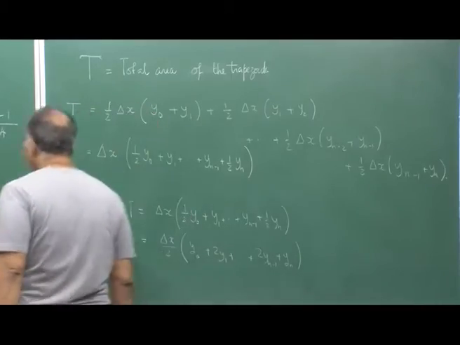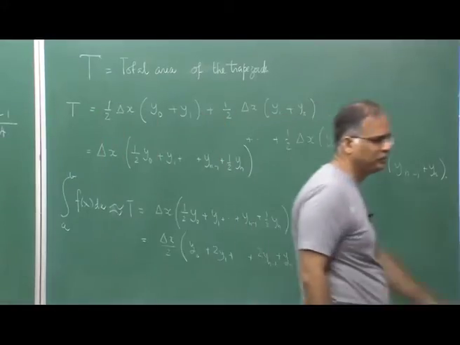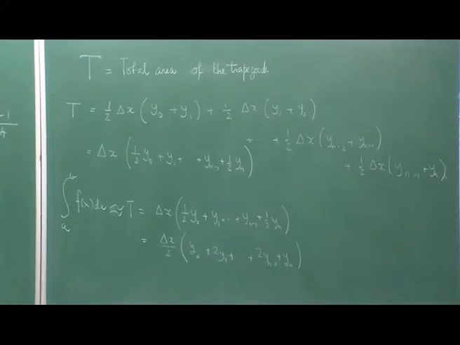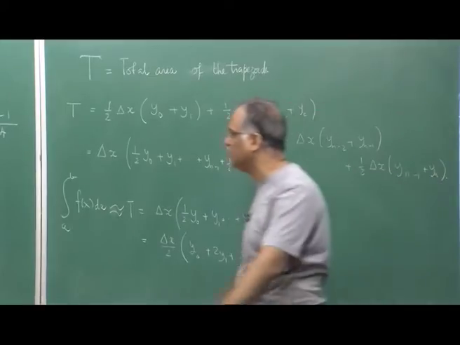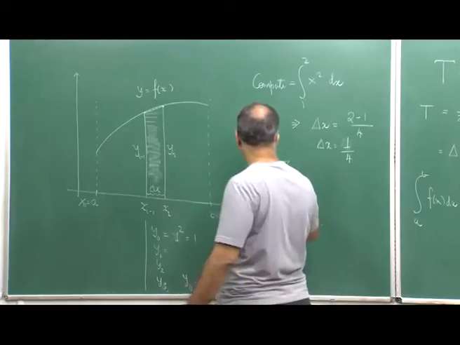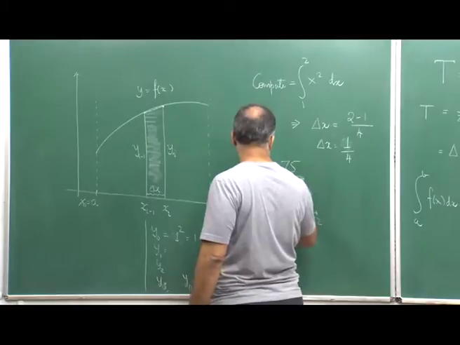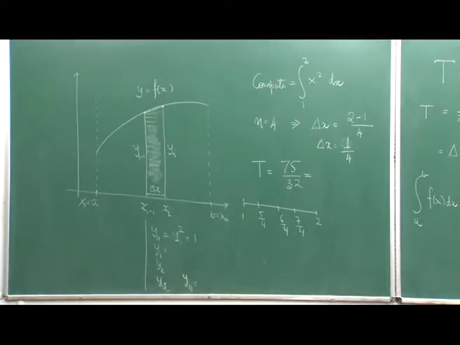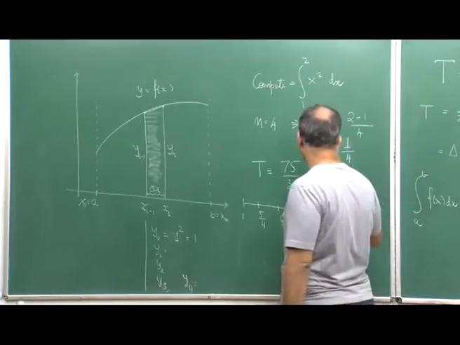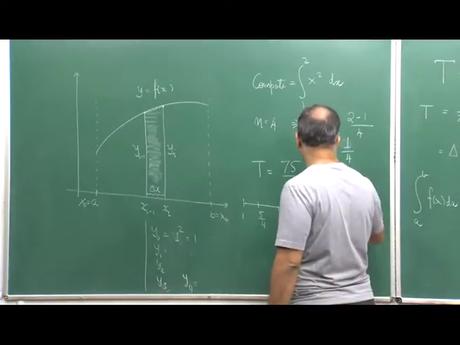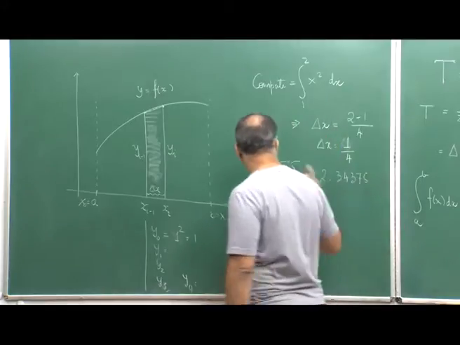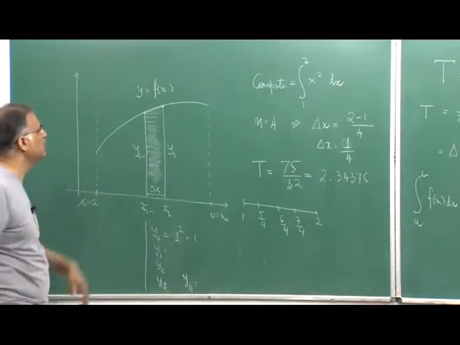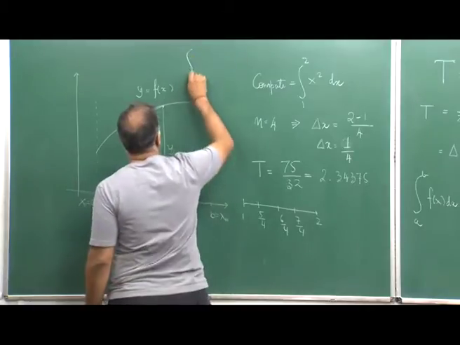So, if you do that, in this case t turns out to be, as given here, 75 by 32, which is a rational number, which is now expressed in decimal as 2.34375. So, it is a terminating decimal. Now, but this is a number that we have got, but what is that integral? So, if I compute the integral,